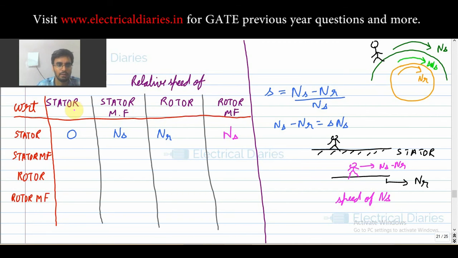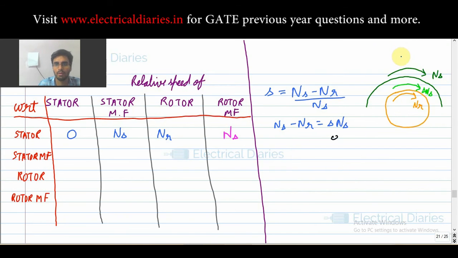Now let us see again. Now I am standing on the stator magnetic field, so now I am this green one. Let me rub this. So I am standing on this stator field. While standing on this, what is the speed of stator with respect to stator magnetic field? I will see the stator moving back, so it will be minus ns. Now stator magnetic field with respect to stator magnetic field, obviously this will be 0. Now rotor with respect to stator magnetic field. If I observe the rotor, now again we will draw the diagram.